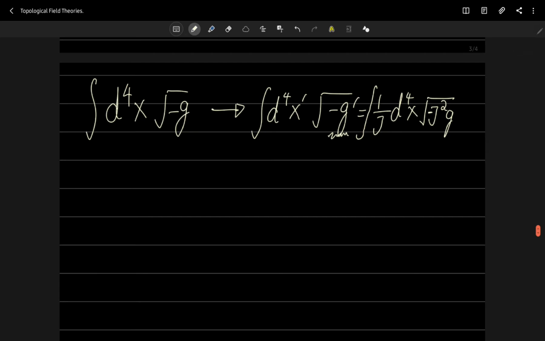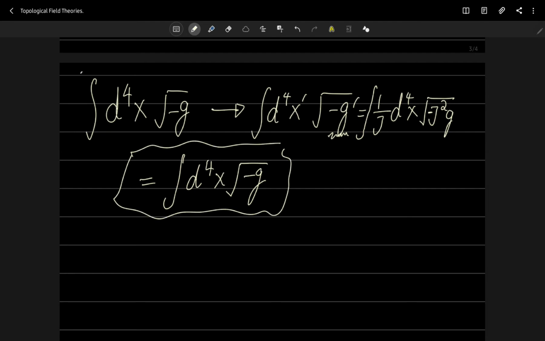And so, well, this is then simply equal to the integral of d4x times the square root of negative g, right? And if you look at this thing and you look at this thing that we started with, they're the same. What does that mean? That means that this thing over here is coordinate invariant,